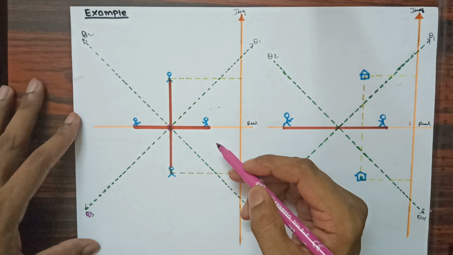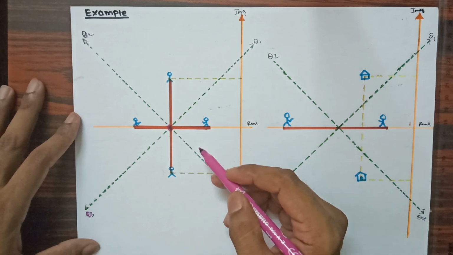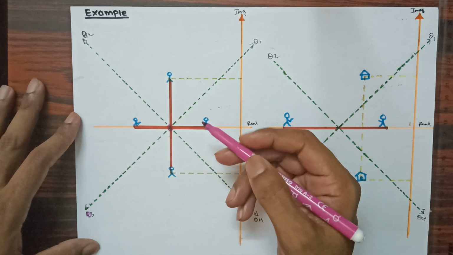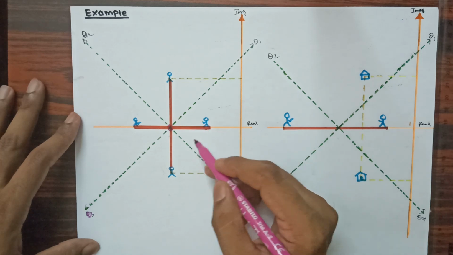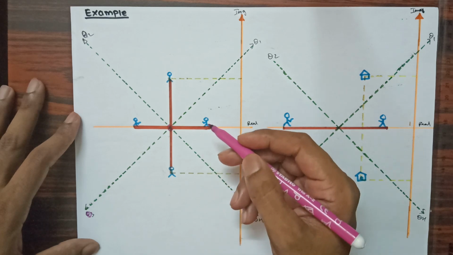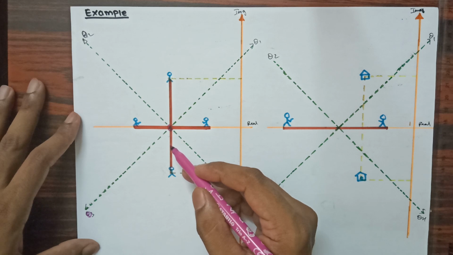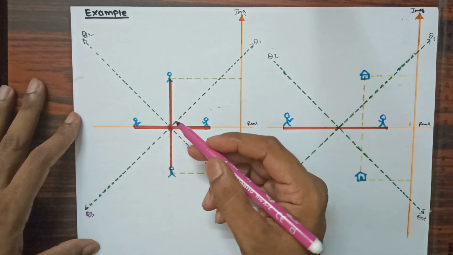So in this example you can see I have considered 4 poles without any destination, and as we know, if a destination is not provided for these poles, then they will move in search of infinite destination, and for that we need to provide an angle towards which to move to infinite destination.